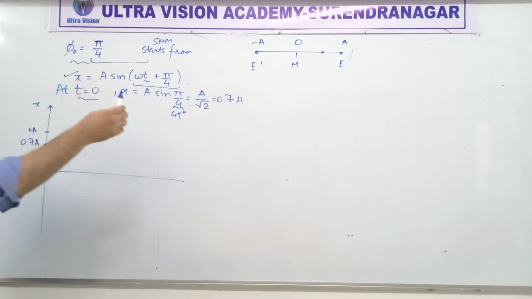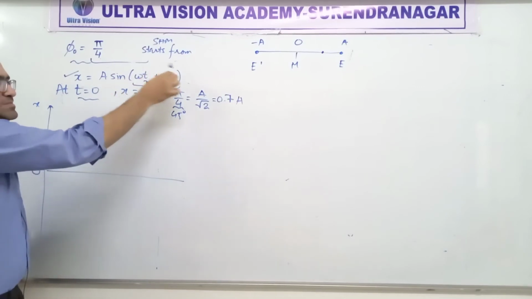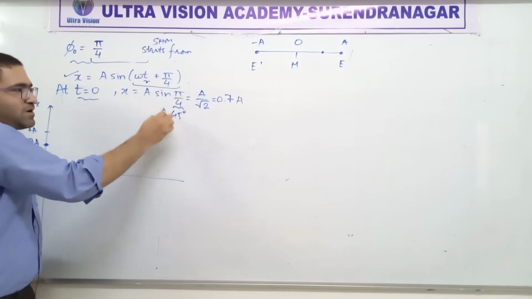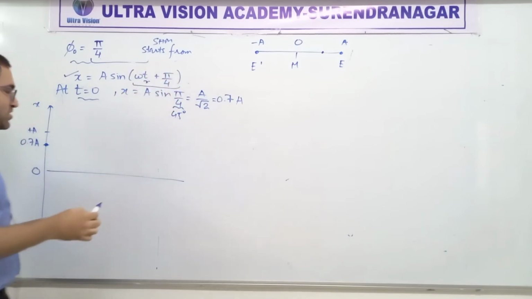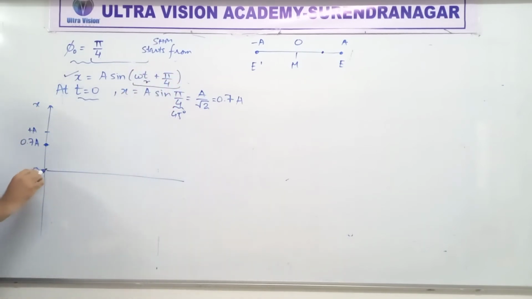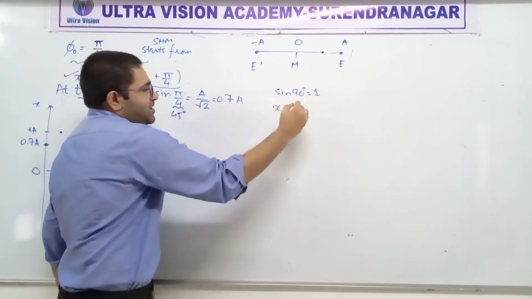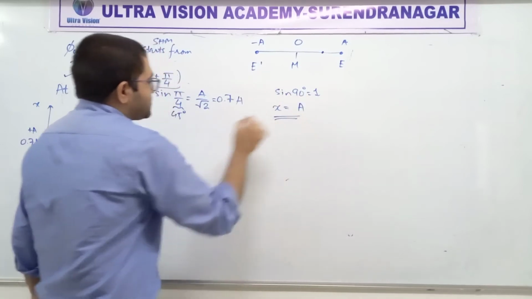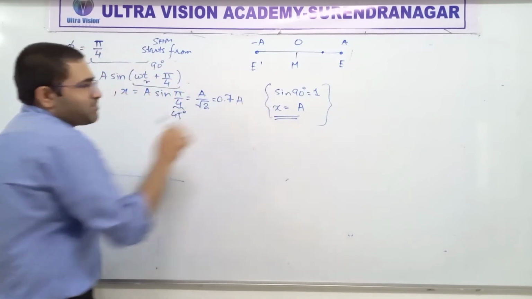Okay. So I was telling you that as time passes, this t will increase. So if t increases, this angle will increase. From 45 degrees, pi by 4, this angle will increase and it will become 90 degrees first of all. So if you draw the graph here, from 45 degrees it will go to 90 degrees. When it becomes 90 degrees, the value of sine becomes 1. I hope you realize what I am saying. Sine 90 degrees will become 1 and then x will become a at that time. You understand this or not? If this angle is completely 90 degrees, then x will become a. Yes or no?